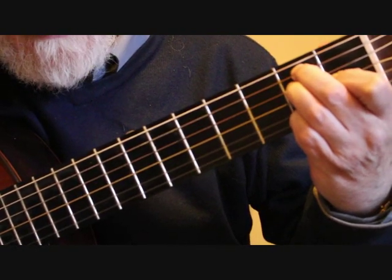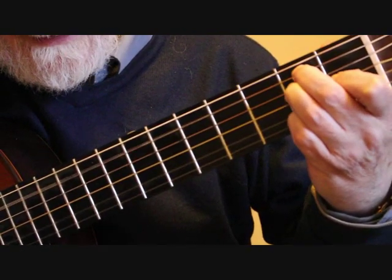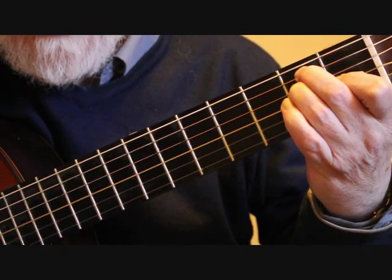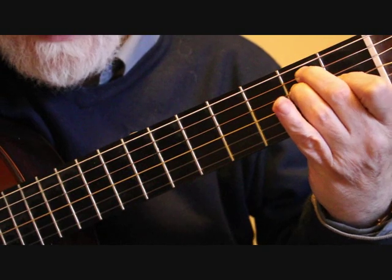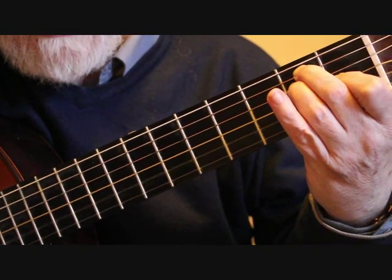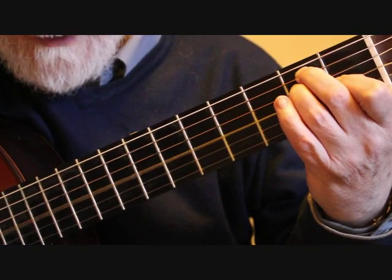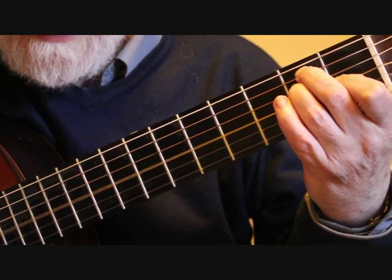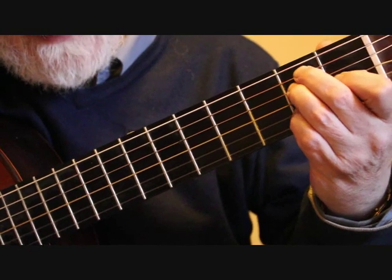So now we're playing 5th string and 2nd string together, 4th string, 3rd string, remove the little finger to give us our open B, now on the 2nd string, 4, 3, 2nd, 4, 3, 4, 3, 2nd. So bar 62 is